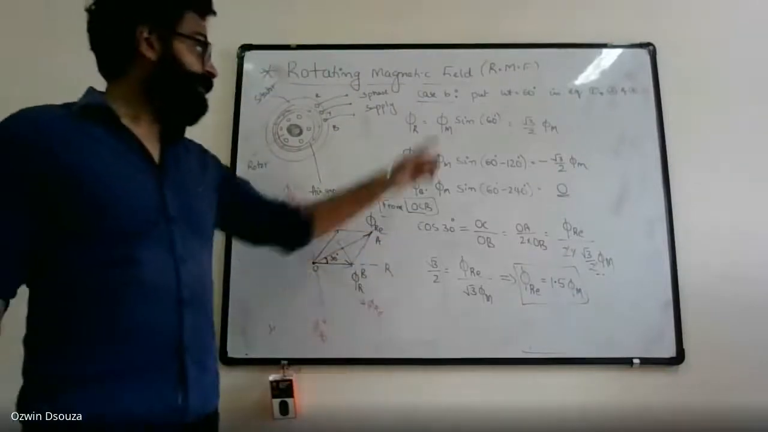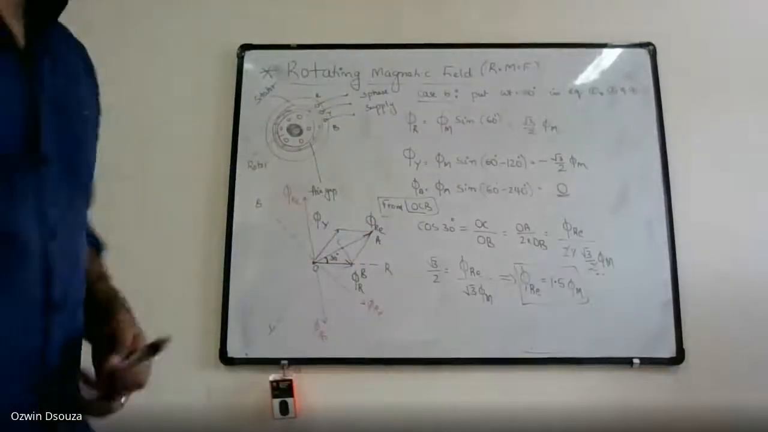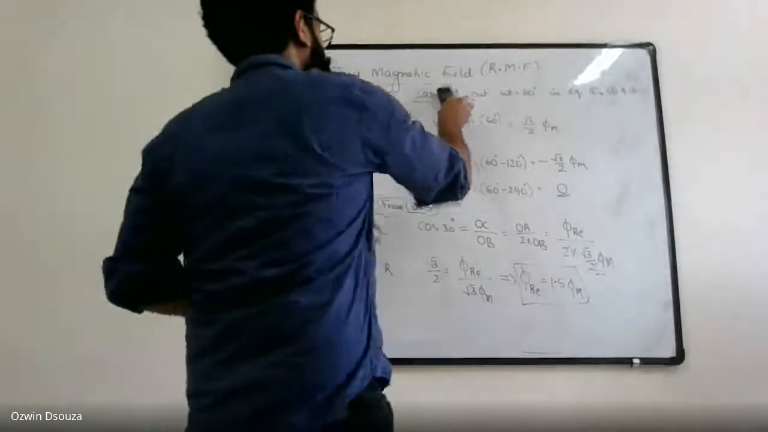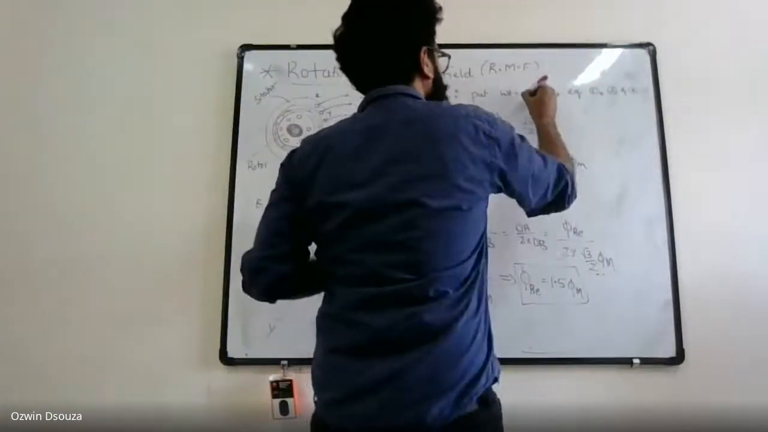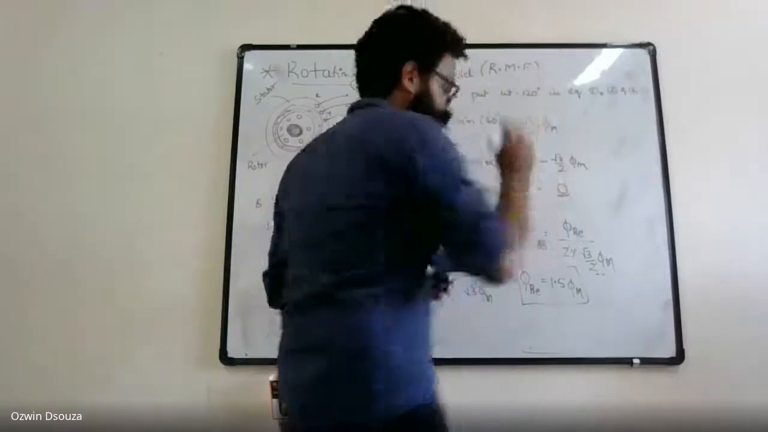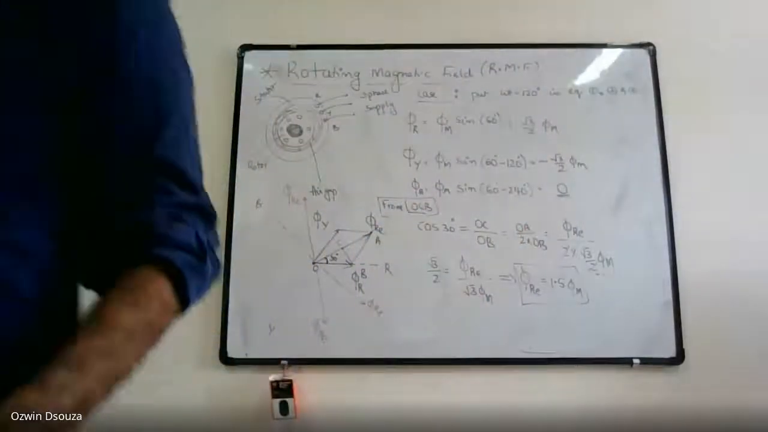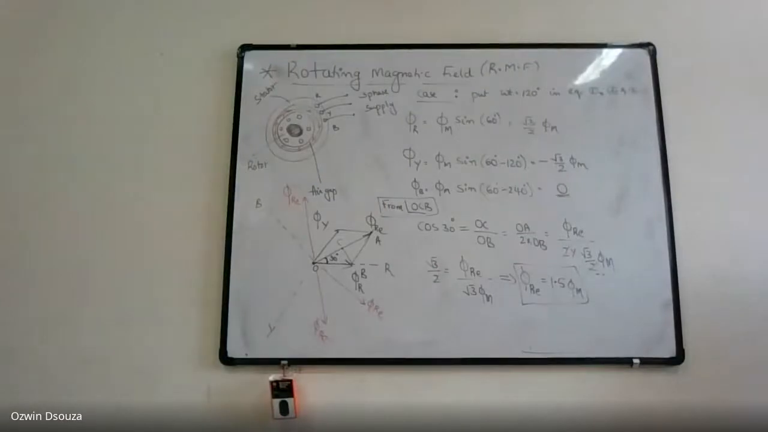Okay. Try out with case C. In case C, what you can do is you can put omega t is equal to 120. Okay, I'll just go and fetch a pen. So in the meantime, you guys can do it. Omega t equal to